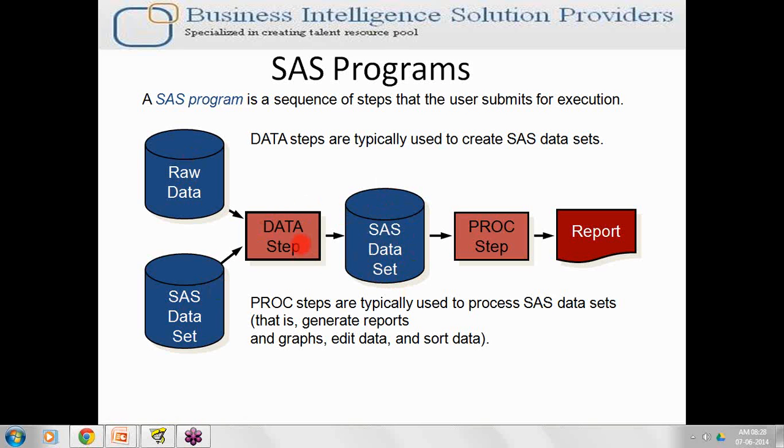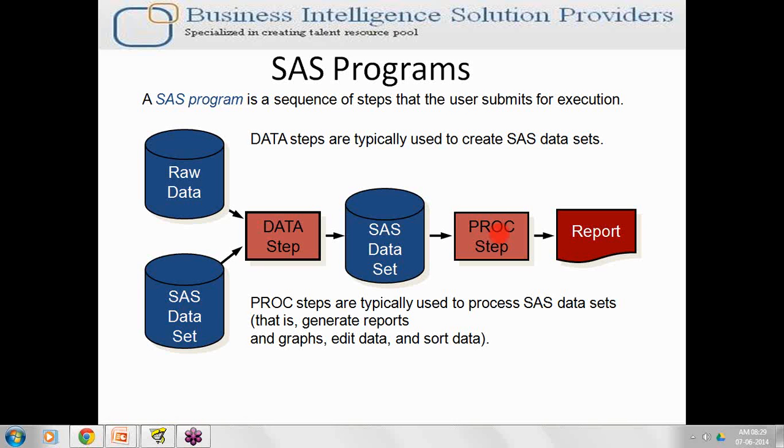Once we have created the SAS data set with the help of a data step, then whatever operation I want to perform afterwards, I can do it. At some point my customer may want only graphs, and I can generate the graph. At some point my customer may want statistical operations, like mean, frequency, or univariate, and I can perform those. At some point my customer may want simple tables, and I can generate only tables on top of it.